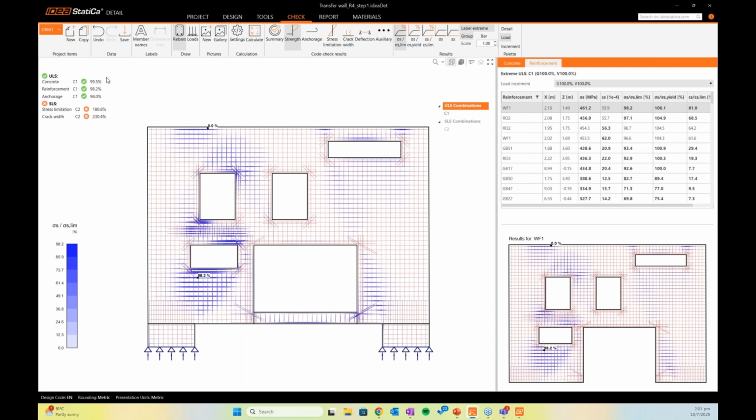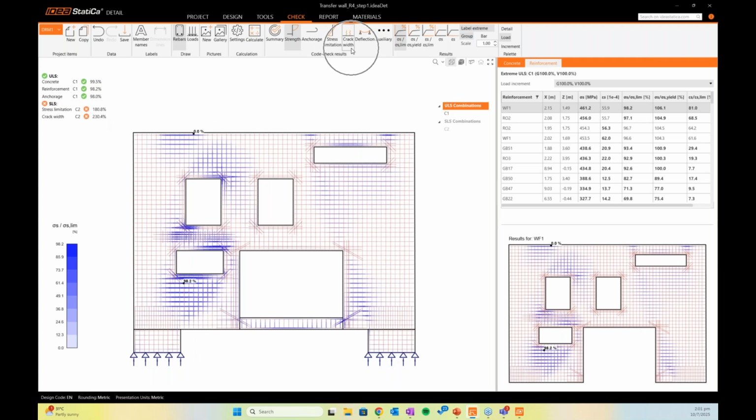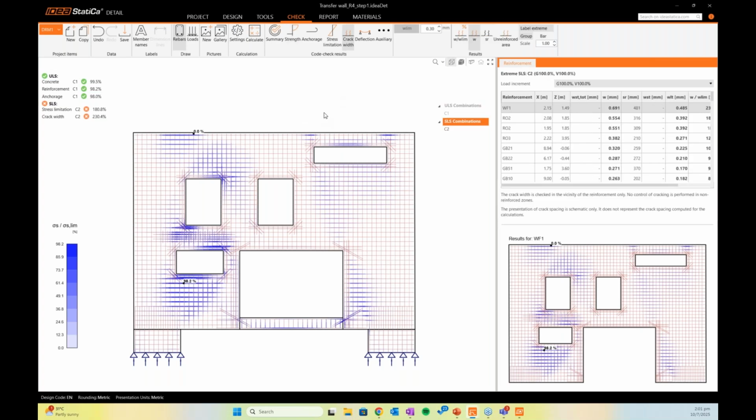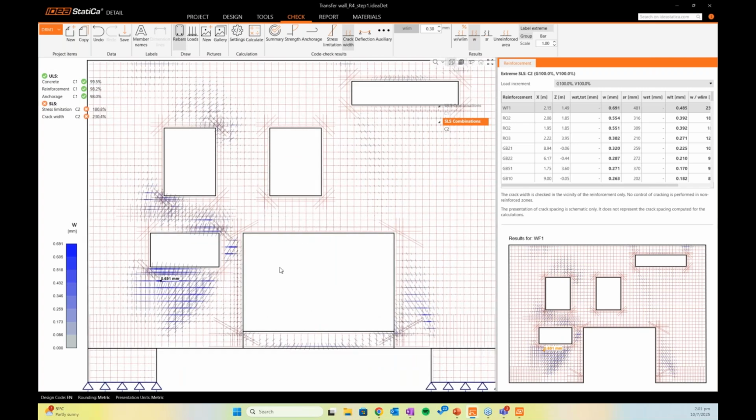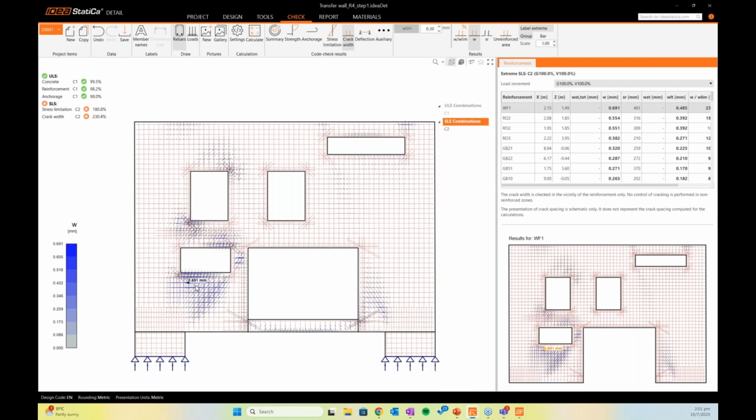And if you see on the top left here, there's actually a conclusion of the model, which is ULS okay, but SLS, there's a problem with the crack width. So what you want to do is go to this crack width tab here to see where the problem actually is. Once I click the crack width, you can see in great detail how our reinforcement can affect the crack width, and you can see the location of the crack width which is more than our limit. You can go through this list,